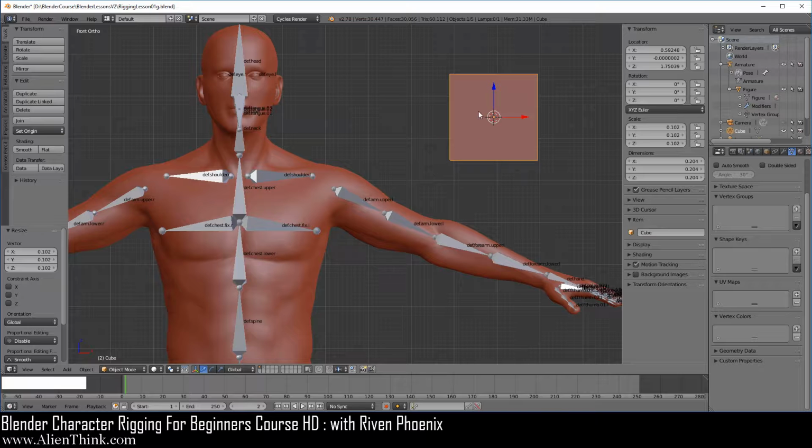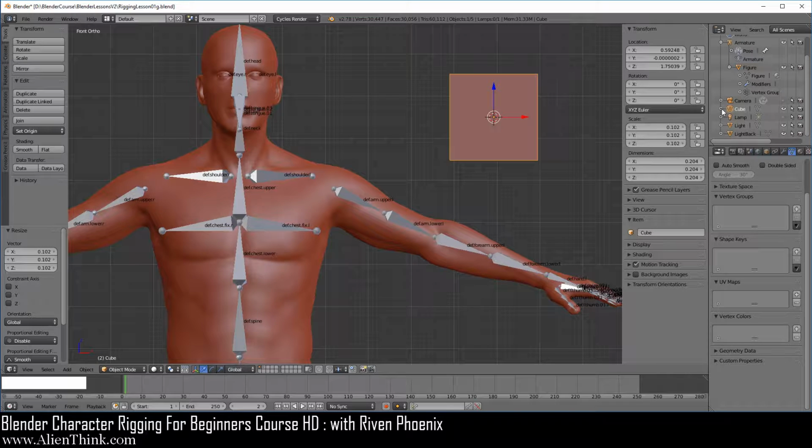Okay, now this object that you're seeing over here is the same type of object as our figure. So this is the object data block, and if we open this up, this is the mesh data block, the vertices, edges, and faces that define what this object looks like.